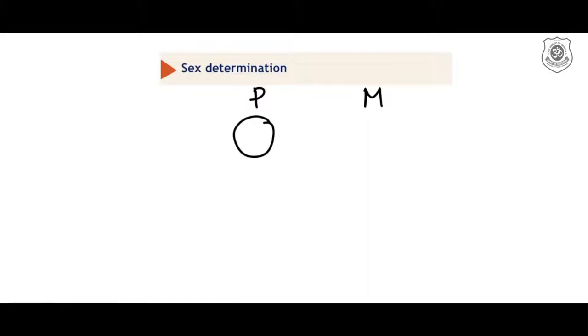Isn't it, children? What are they? Very good. X and Y. Whereas here, X and X. What are the 2 types of gametes which could be produced out of these parents, children? Yes. X, Y. Whereas here,